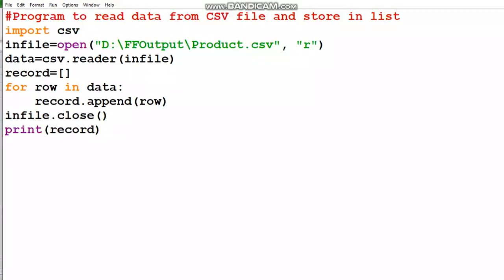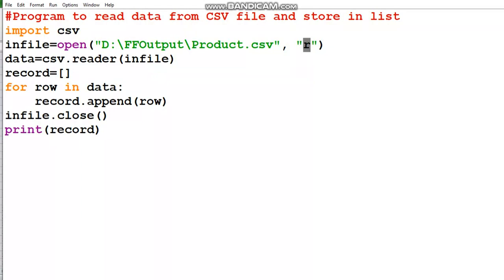To read CSV, we need to import a module, import csv, and then we open the file as we open other files in Python. With the open method, this is the file object, the path of the file to be opened, and in read mode, because we are going to read the details I just showed you in Excel.